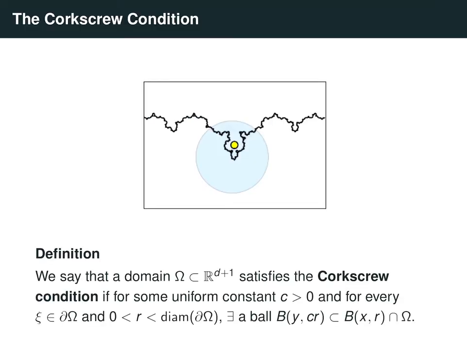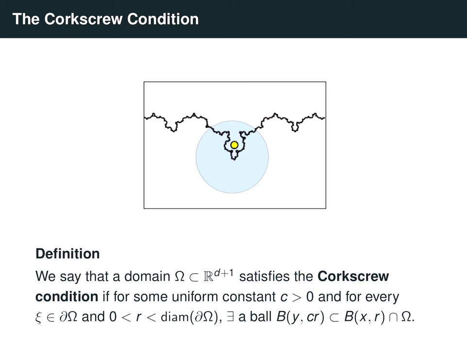The definition of an NTA domain is actually comprised of several different definitions, so we're going to go through each one of them in turn. So the first condition is the corkscrew condition. So we say that a domain omega in Euclidean space satisfies the corkscrew condition if there exists some universal constant c,